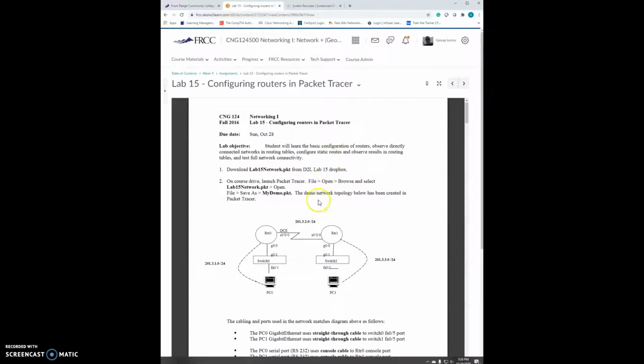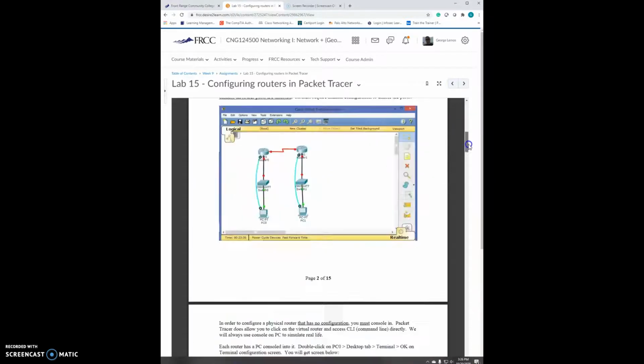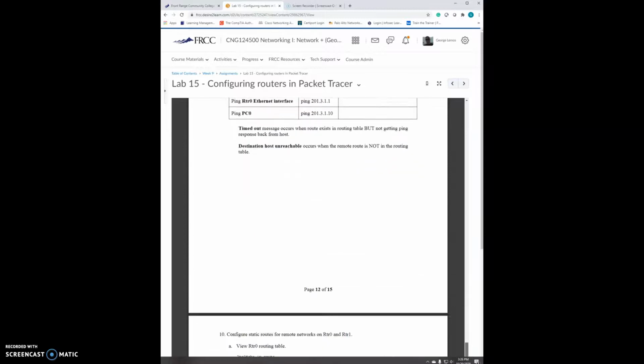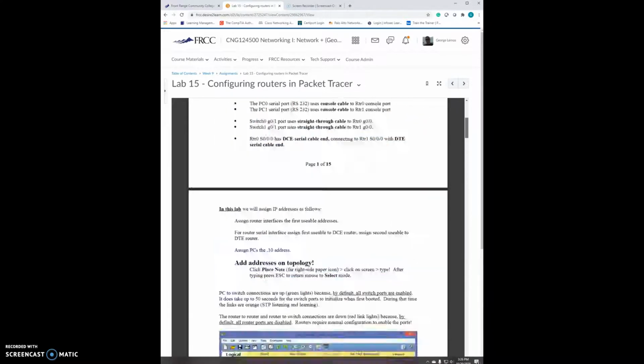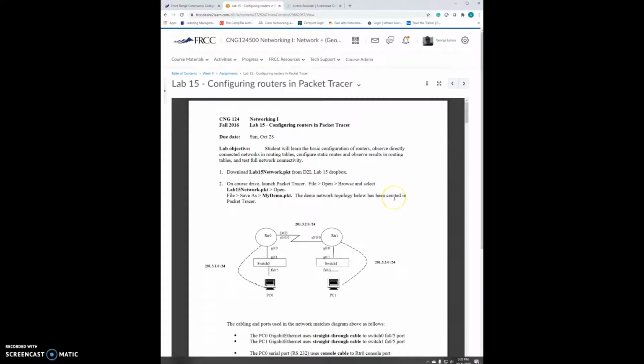In lab 15, you're actually configuring the routers in Packet Tracer, and lab 15 will be your starting point. Let's see if I was right. Yep, 15. Lab 15 is going to be your starting point for many labs from here on out. So make sure you have a firm foundation of doing this lab. My best recommendation is if you do it once, you kind of have an idea. If you do it twice, you have a better understanding. If you do it 3 to 4 to 5 times, once every day this week, you'll have the greatest understanding